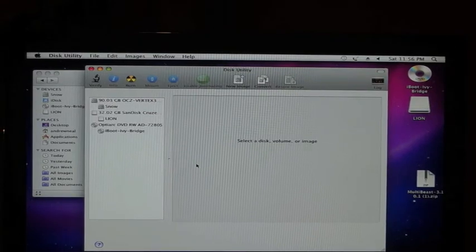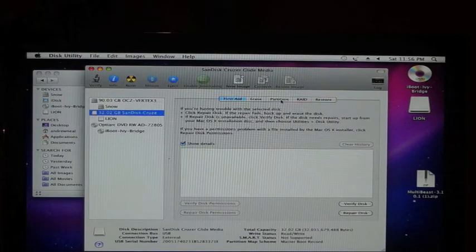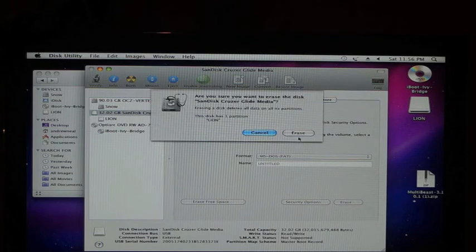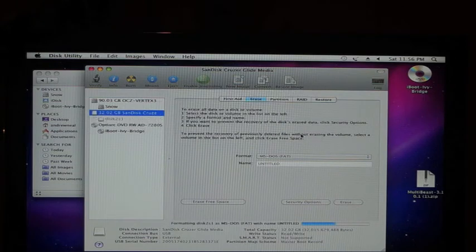Alright, so we're going to select our flash drive and partition. As you can see, I've already had mine partitioned, so I'm with you guys through the long haul. So we're going to just select erase. Notice I clicked on the actual drive itself, so it's going to take care of that partition. So we're going to click erase, hit erase,